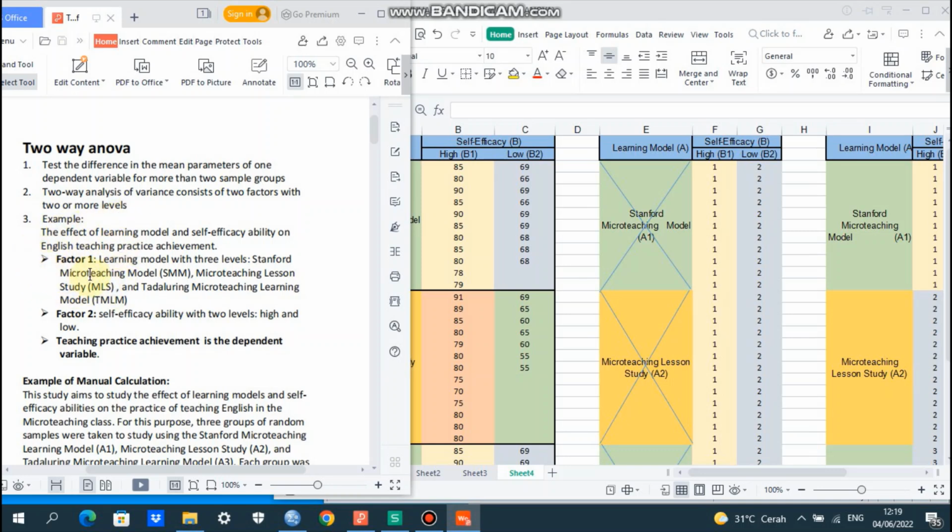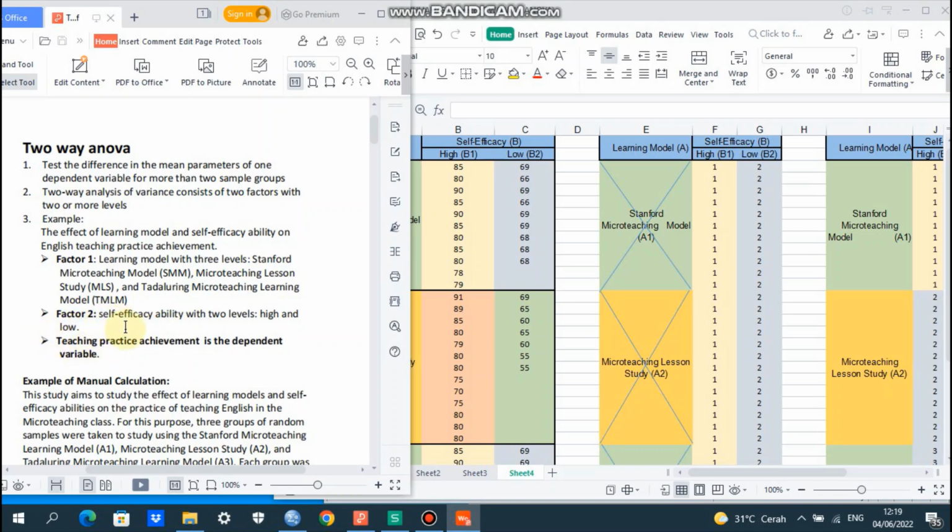I have factor 1 here, learning model, with 3 levels. The first level is Stanford Micro Teaching Model, or SMM, then Micro Teaching Lesson Study, MLS, and Tadaluring Micro Teaching Learning Model, or TMLM.